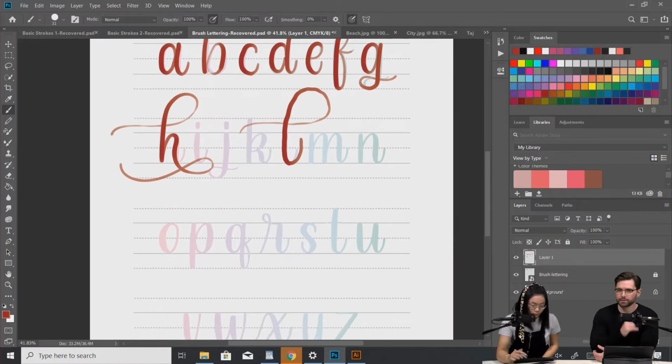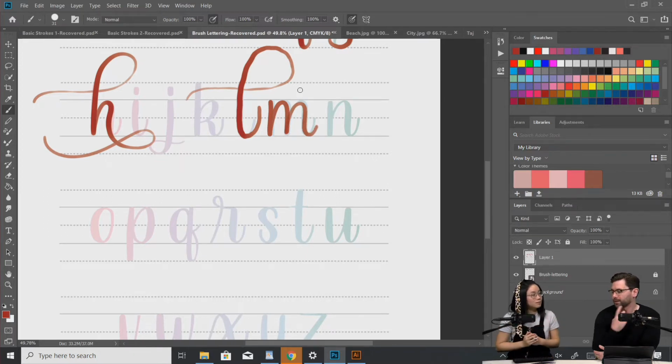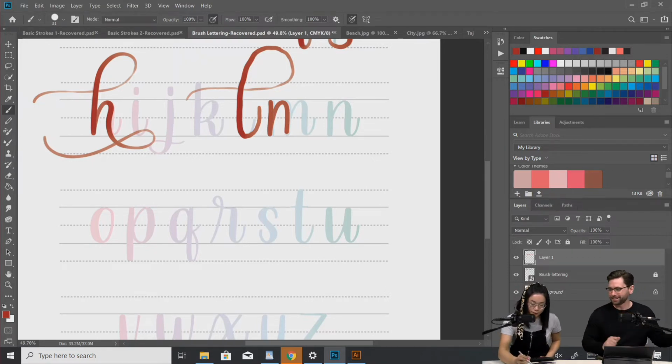So smoothing's definitely something to play with, something to turn up quite a lot. How much do you normally have it turned up? 100%. Smooth it out? Yeah. But when you have it at 100%, the pen might lag a little bit, but I think that's because of the computer. Yeah, it's the live stream situation because we're sending your screen to lots of computers, so that's what you're noticing at the moment.